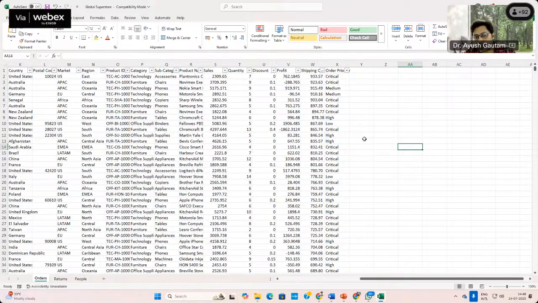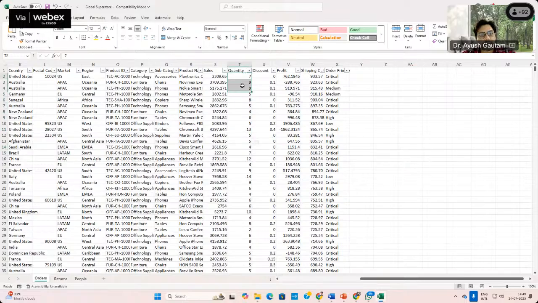To solve this problem, there is a theory of the types of data, or I would say the level of measurement. There is a classification of the data based on the level of measurement. Based on that classification, we'll find out which mathematical operations are applicable to that kind of data. For example, some data can be added but cannot be multiplied, right? Here, addition of these quantities will make sense.